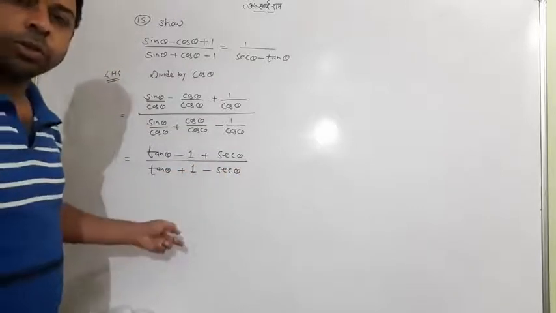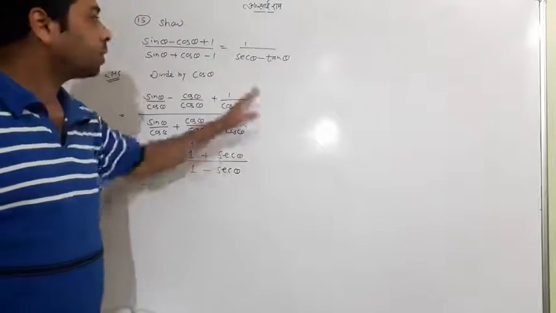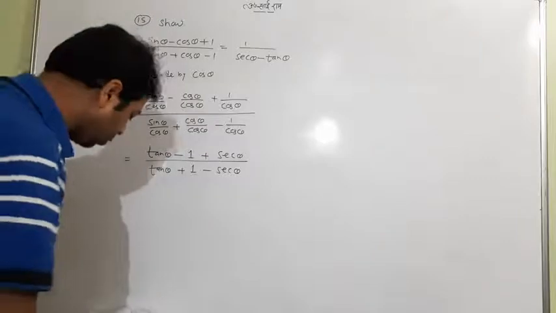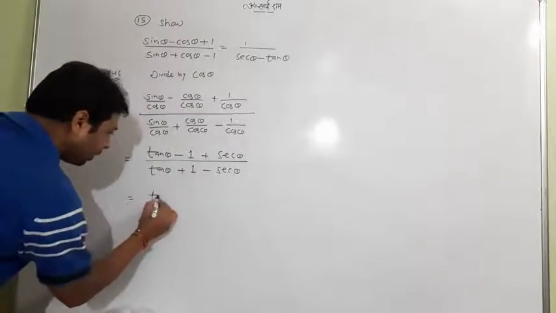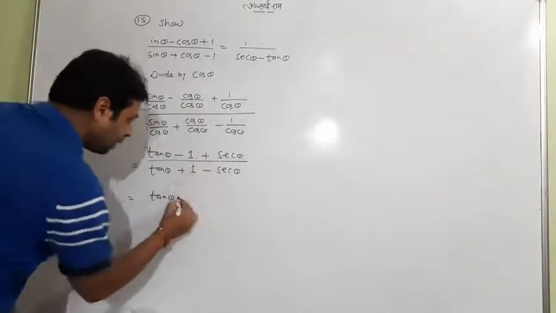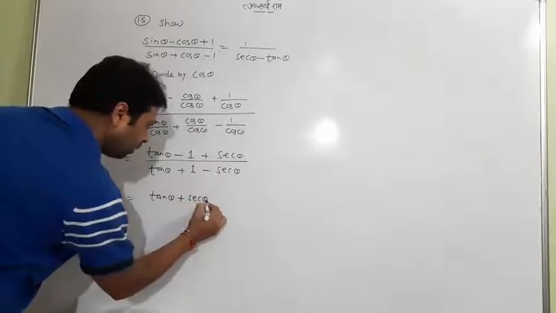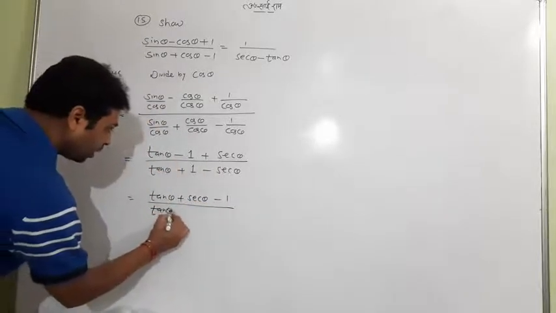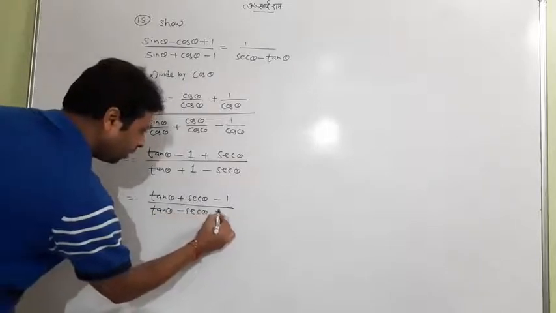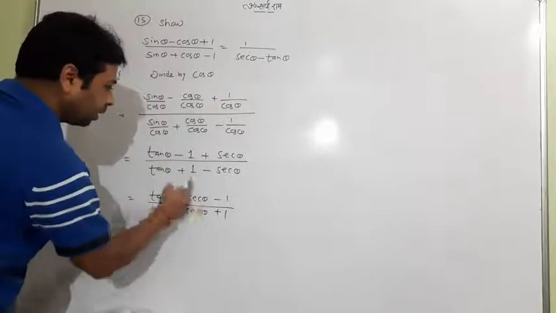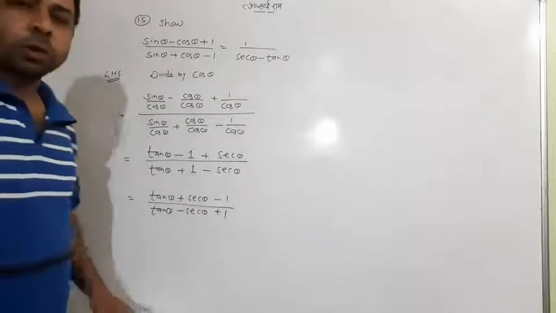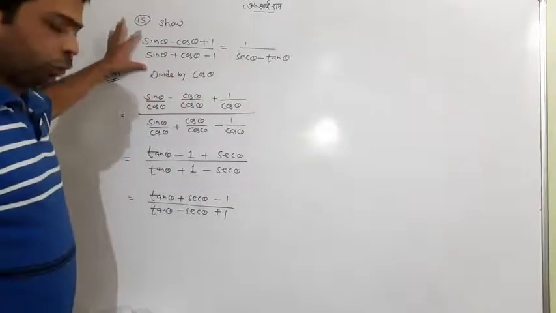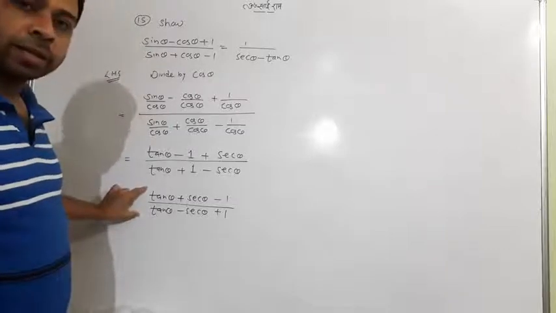Now look at the question in which all tan and sec are coming, which is actually here. Now I want to rearrange that. Tan theta and sec theta, I want to write together, minus 1, and the same in the denominator: tan theta minus sec theta plus 1. So I tell you one thing, that if the question is in this pattern, you turn it into tan and sec.